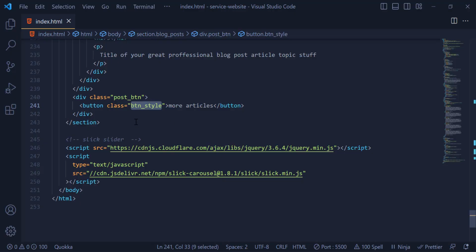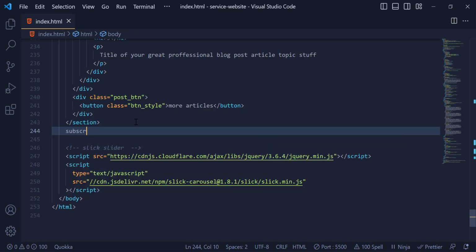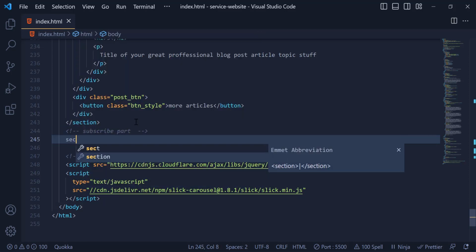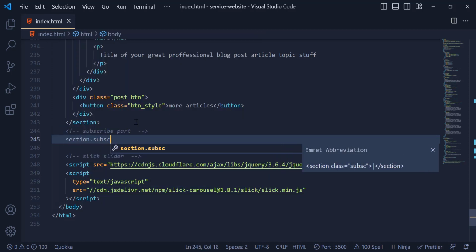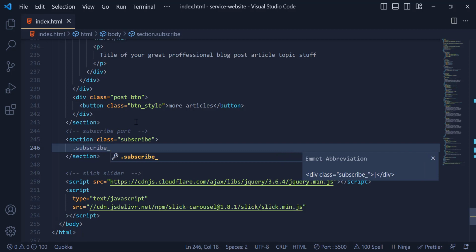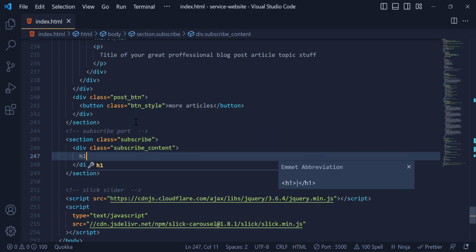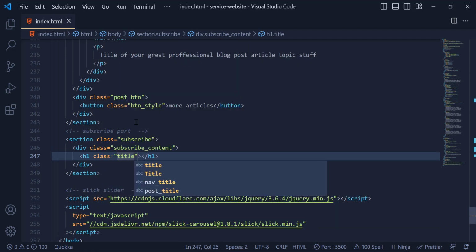Okay guys, so in this part we are gonna implement the subscribe part. So I just write here subscribe part. Now we need to have a new section with the class of subscribe, and inside here we need to have another div with the class of subscribe content, and now we need to have an h1 with the class of title. Okay, and the text is gonna be